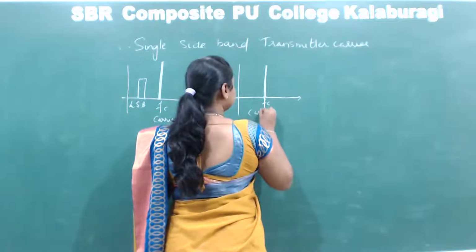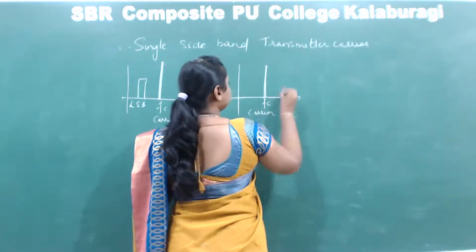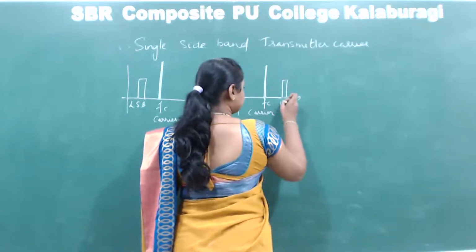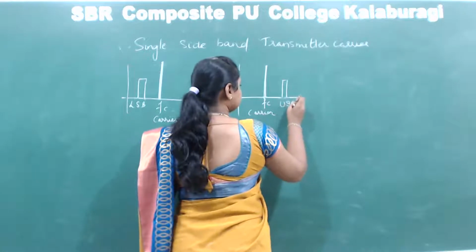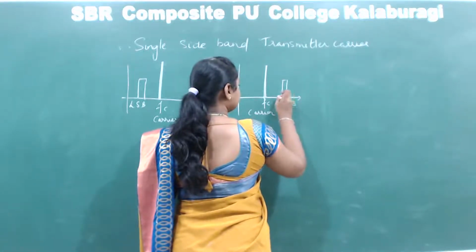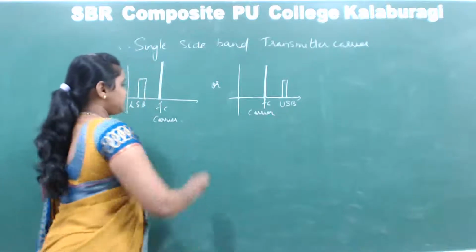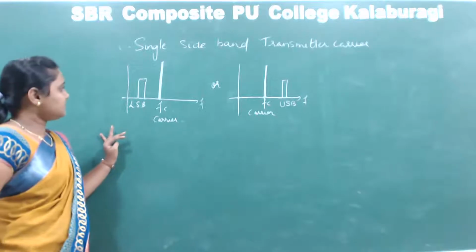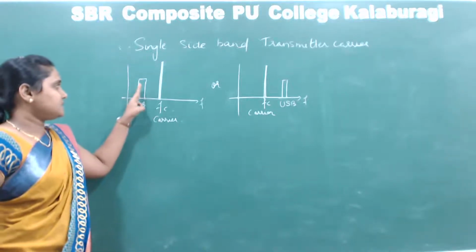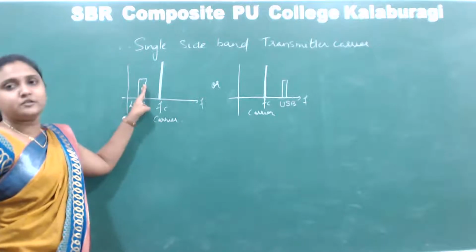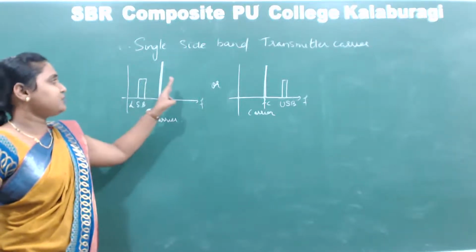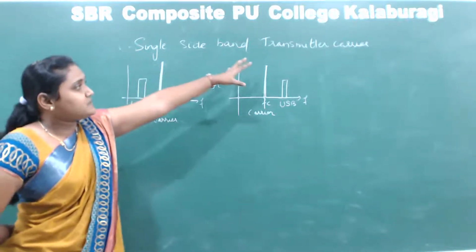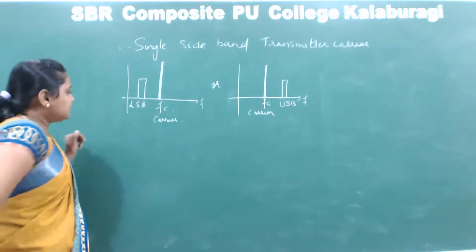Fc, that is the carrier, and the upper sideband. Okay, with this spectrum frequency. So in the frequency spectrum, we have seen the three terms as the carrier, and on the left hand side the lower sideband, on the right hand side the upper sideband. So in this system, single sideband transmitted carrier,